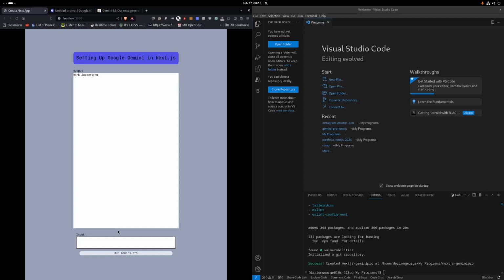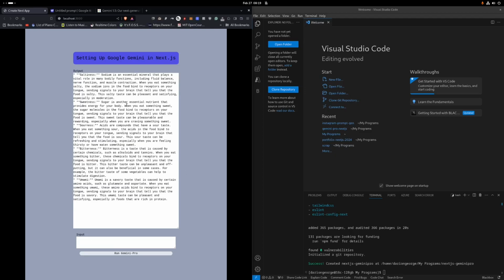Let's do another one just to make sure. Why does soda taste good? And we get some ideas about why soda tastes good. Saltiness, sweetness, sourness, bitterness, umami. These are all the taste buds. But yeah, we're gonna try and build something like this, and then from there we can build whatever we want